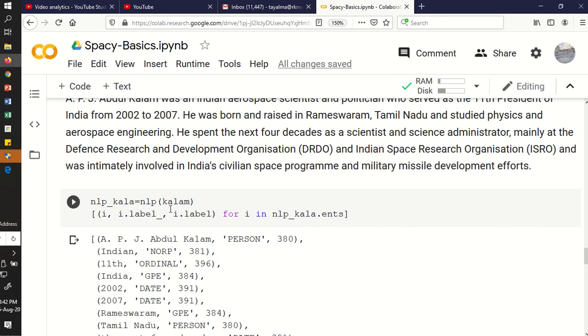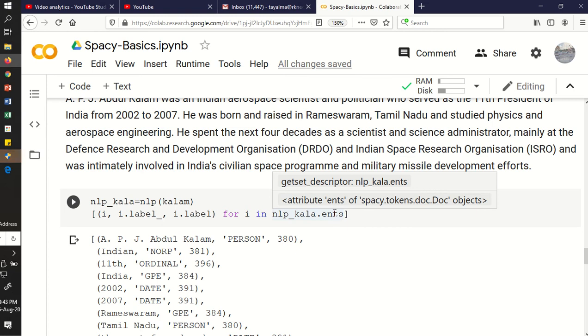in spaCy you have to give it in the brackets. So now passing that to your variable nlp_kalam, and now what I am doing, I am applying a method that is .ents. So you can verify that method here, .ents.